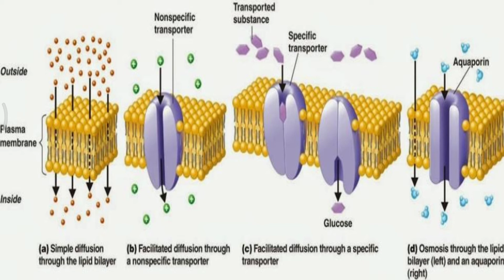Transported substances use specific transporters, like only glucose will be allowed, or only sodium or potassium will be allowed. That kind of transporter is known as a specific transporter. Aquaporins: I said there are around 10 types of carrier proteins. One of them is aquaporin, which only allows the movement of water molecules from outside to inside of